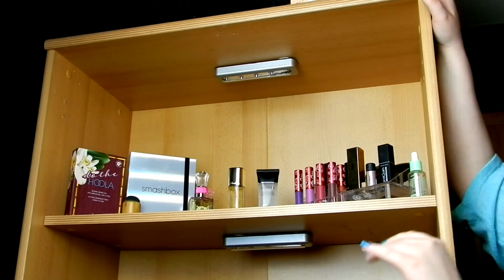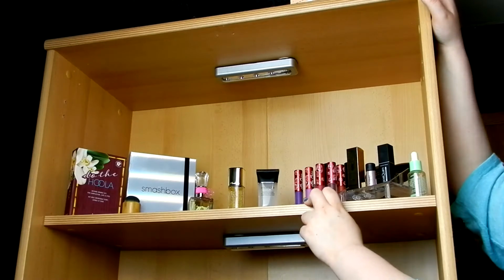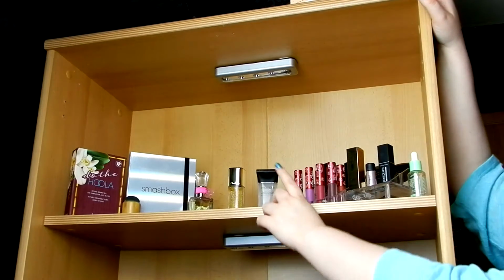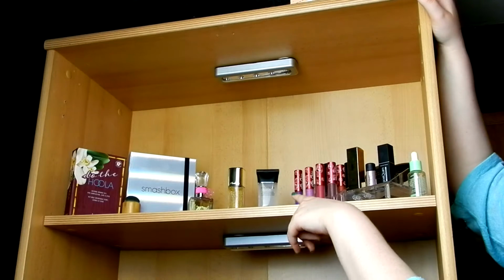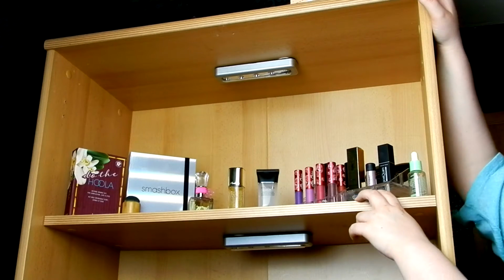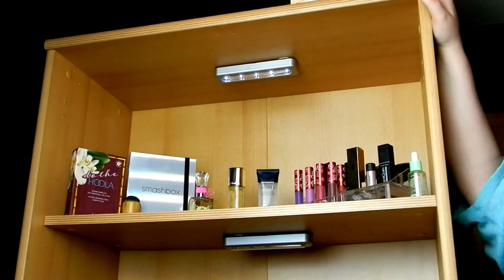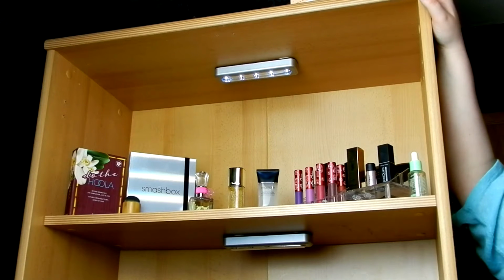money. Anyway, moving on, I just keep up here on the top shelf my more expensive makeup items like the Smashbox palette and my Guerlain primer. And up here we do have LED lights that are supposed to kind of light up the shelf, but they don't work as well as I had hoped, so we are going to be replacing them as soon